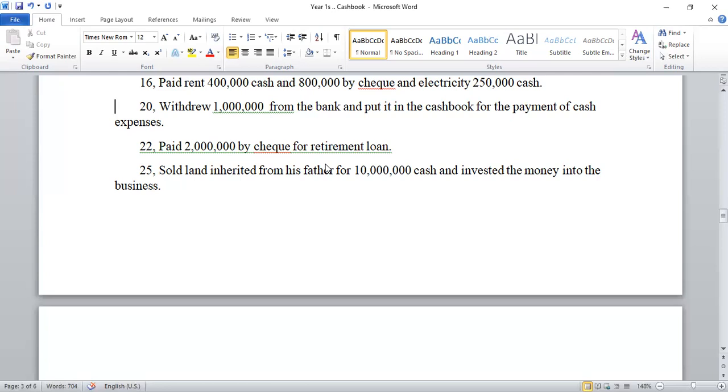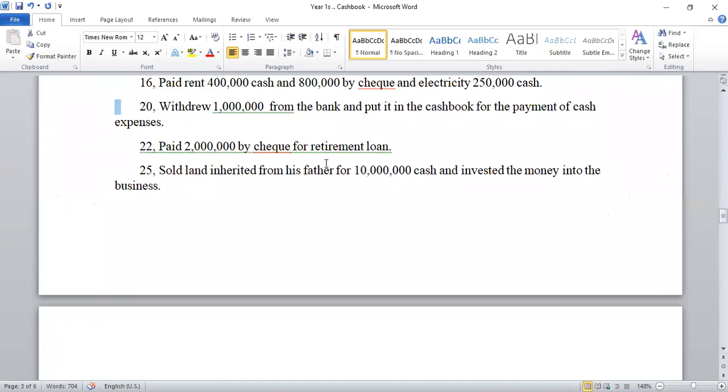So here, since we're talking about the cash book, and we're only interested in one account, cash is an asset. So when it is increasing, we shall debit. When you withdraw money from the bank and take it to cash, the cash balance will increase automatically, so you're going to debit. Then for the bank, because you're removing some money from your bank account, it is reducing, and it's an asset, so you're crediting. That's the transaction I'm talking about.